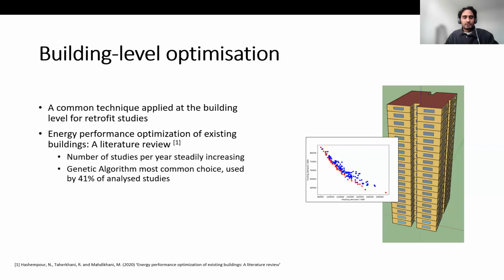And the most common choice of optimization algorithm has been the genetic algorithm, which is a good choice as it requires no prior knowledge of the nature of the problem, and they don't make any assumptions on the underlying landscape of the function itself, which is useful to us because in this kind of problem, we normally have no idea what this function actually looks like. They also introduce an element of stochasticity, which helps to avoid local minima, which can be a common problem in optimization, not just in the buildings field.